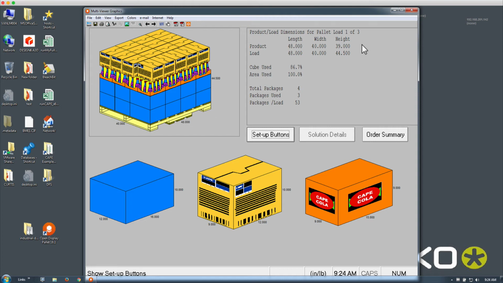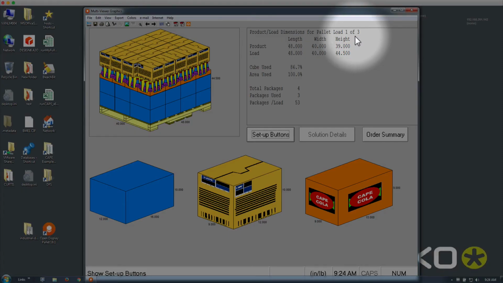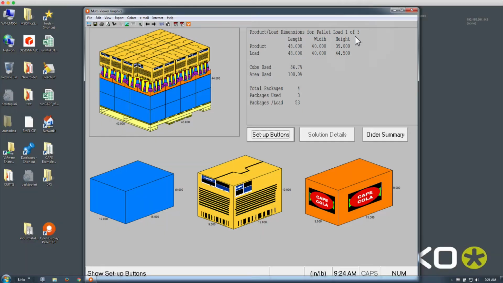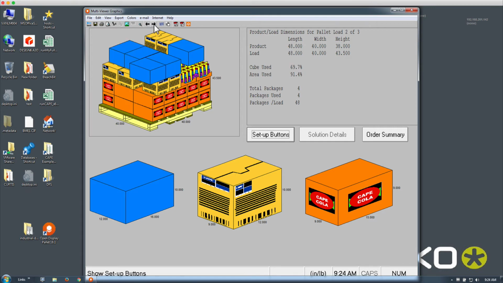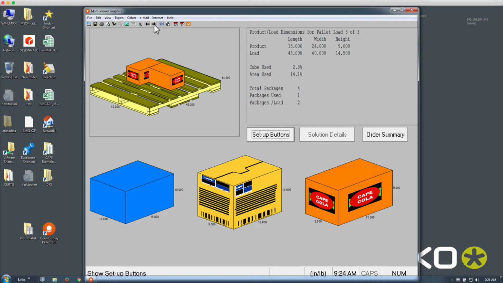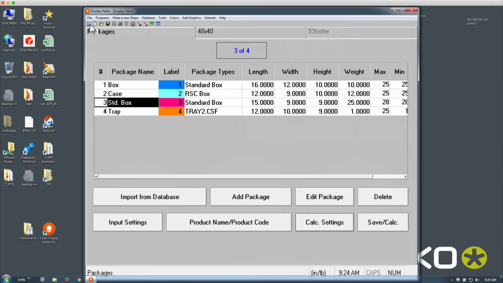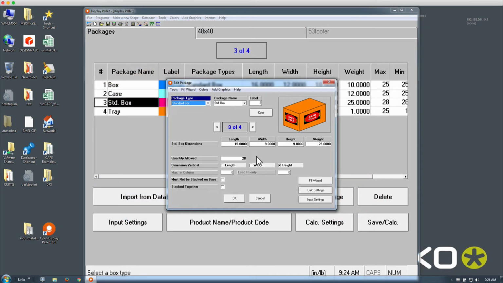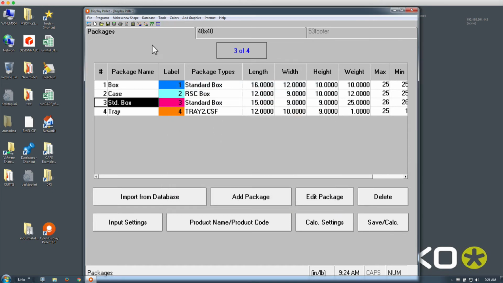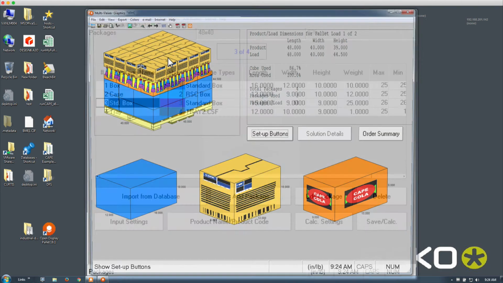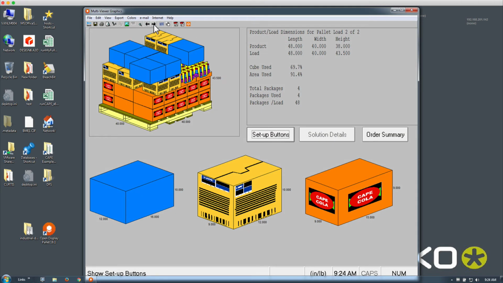Maybe not for the better, because now I need 3 pallets as opposed to 2 pallets. This is what the first one looks like. This is what the second one looks like. And then finally, the third one. Not efficient by any stretch of the imagination. So let's go back and subtract 2 from the ordered quantity for the third box. Let's turn that back to 26, as originally it was 25. Recalculate with layers, and now we only need 2